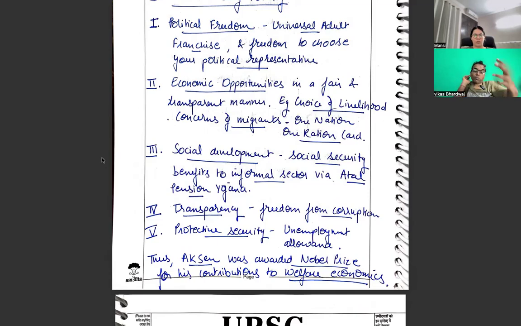Transparency, freedom from corruption. So what kind of transparency was he asking for, and how was that possible? Whether he was talking about technology more in the hands of masses, or more accountability and more openness by the government. What is he exactly saying, particularly in the context of welfare economics only? That is why I've specifically mentioned corruption. I think, okay, all the points are correct.